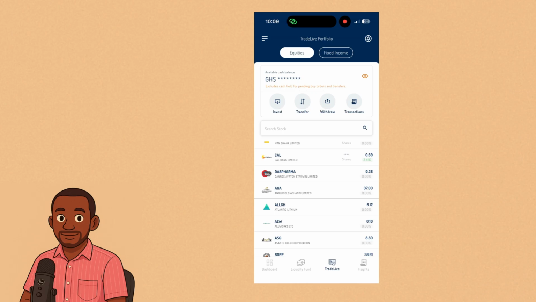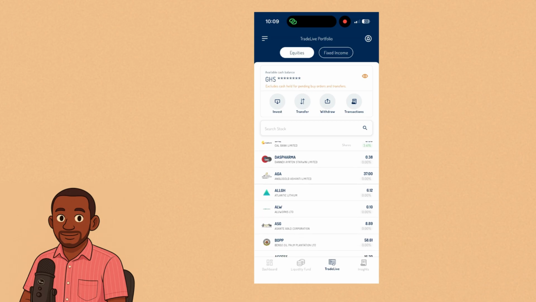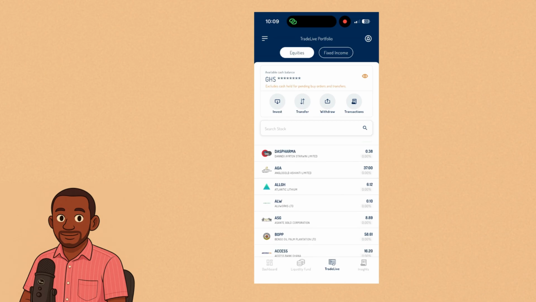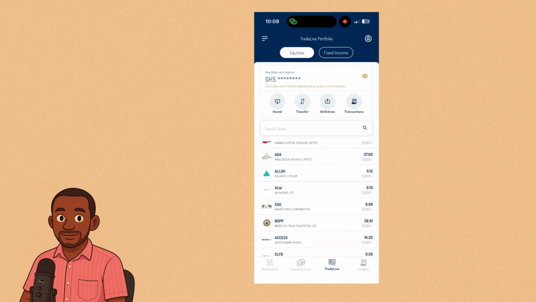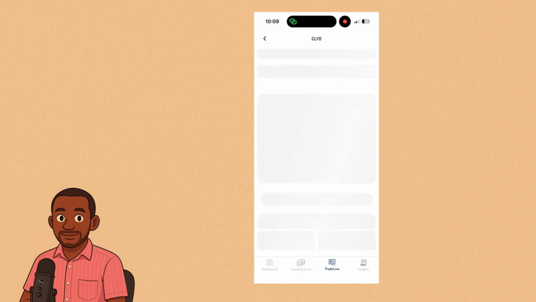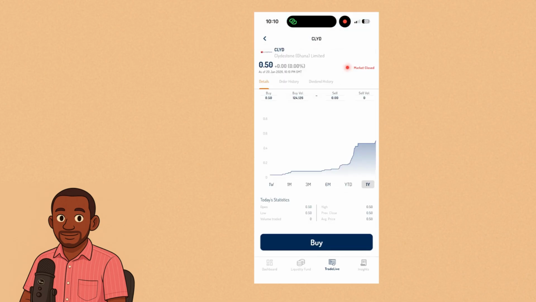So let's say I want to buy this company, which is selling a share for 0.5 Ghana cedis. That is 50 pesewas. So if you have 1 cedi, it means you will get 2 shares of this company. The market is closed, but still we can buy. So to buy,